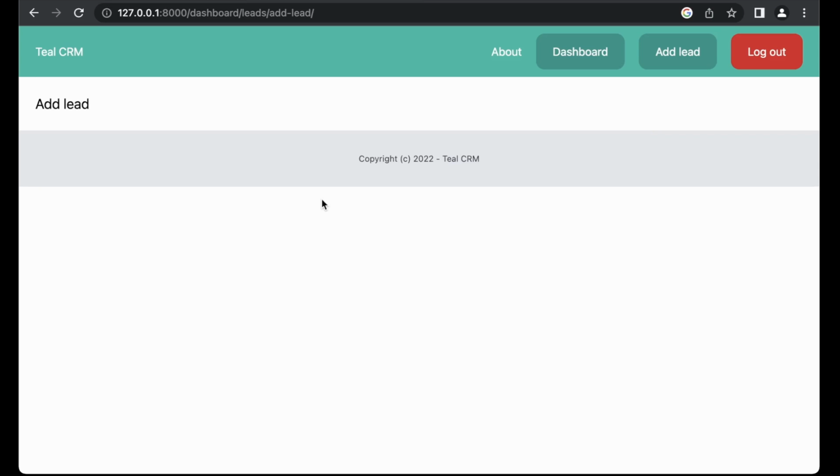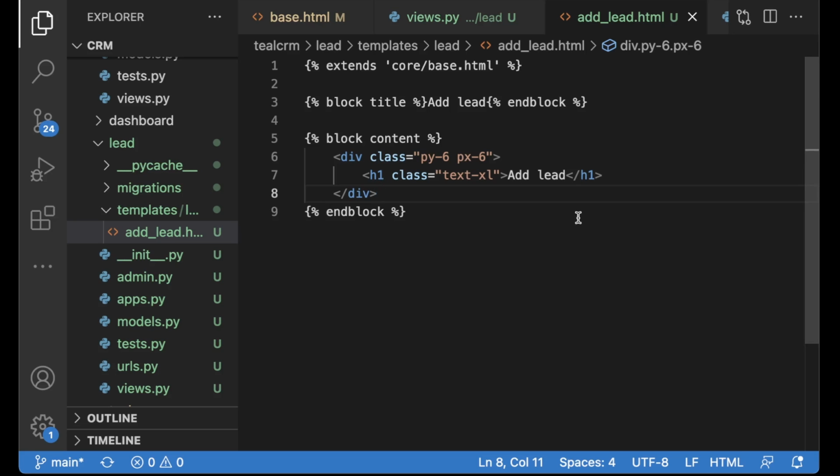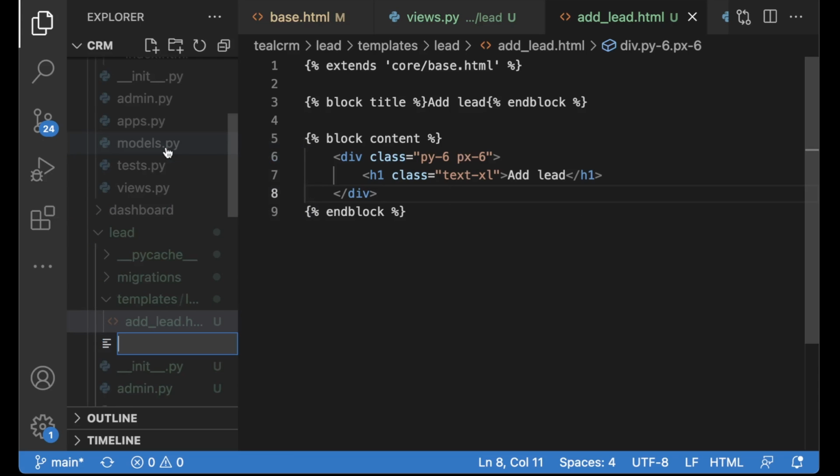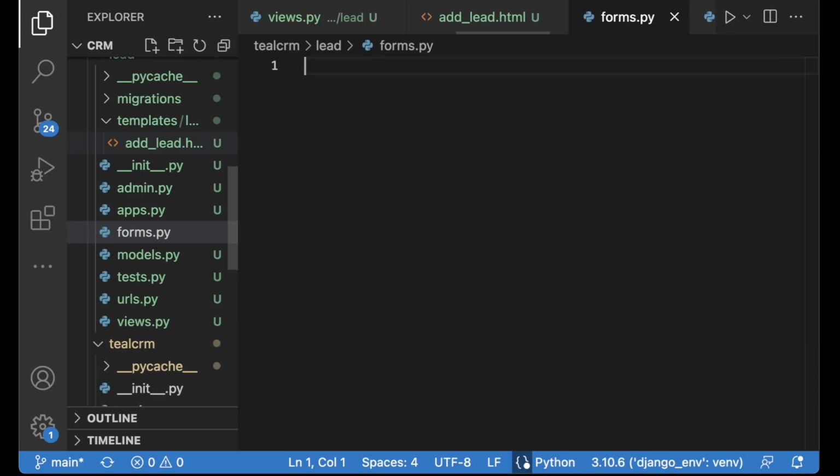So then I want to have a form here where we can fill out the information we need about the lead. But instead of just adding the fields manually here, I want to utilize something called forms or model forms from Django. So inside this lead folder, we create a new file, forms.py. And the reason why I use this forms.py instead of just manually creating this is that now Django will handle validations and similar for us.